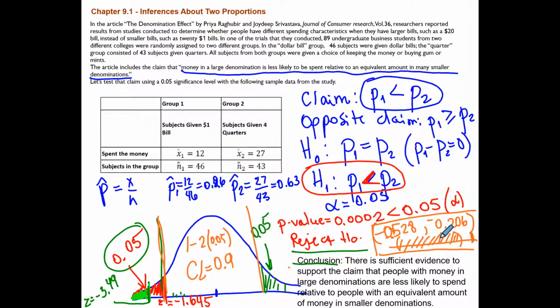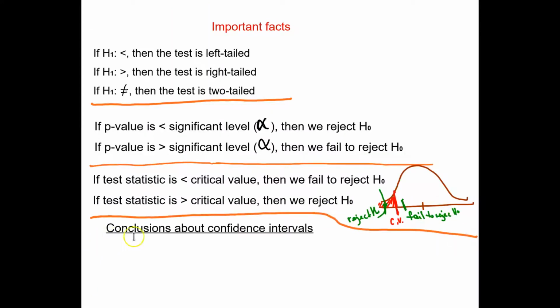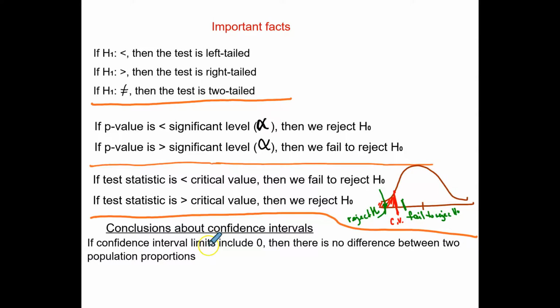In fact, if the difference between two population proportions is negative, P1 minus P2 is less than 0, that means that P2 is greater than P1. So there does appear to be a significant difference between the two proportions. Therefore, the conclusion is the same. There is sufficient evidence to support our claim. And finally, conclusions about confidence intervals. If the confidence interval limits include 0, then there is no difference between the two population proportions. Basically, that means that the difference between P1